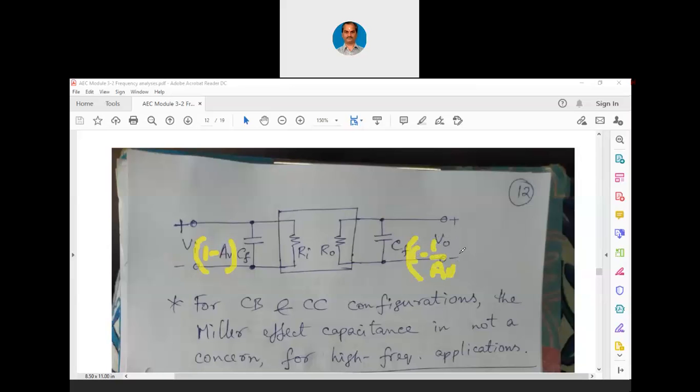I am crudely writing this because I am writing through mouse only. CF into 1 minus 1 by AV, where in case of JFET, that cannot be ignored. Now my question is, for those who are listening to me, the question is,